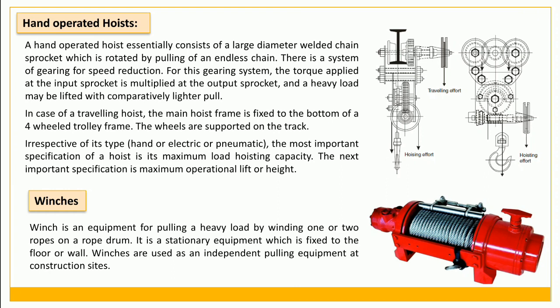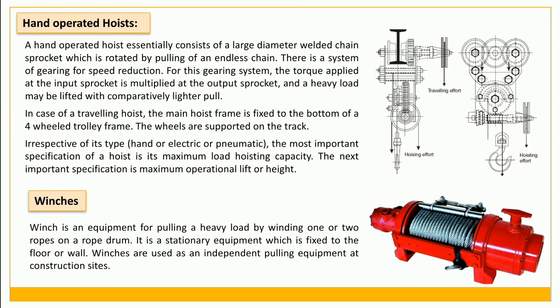So after that, what we are going to learn is this. One thing you must know: apart from this hand push trolley hoist, there is the electric hoist, which is driven by an electrical motor, having 1 or 2 rope drums for coiling and uncoiling the hoisting wire ropes. The hoisting motor drives the drum through a planetary gearing system, and the trolley for a traveling hoist may also be powered by another motor. Motion from this motor is generally transmitted to the wheel through 3 pairs of spur gear.